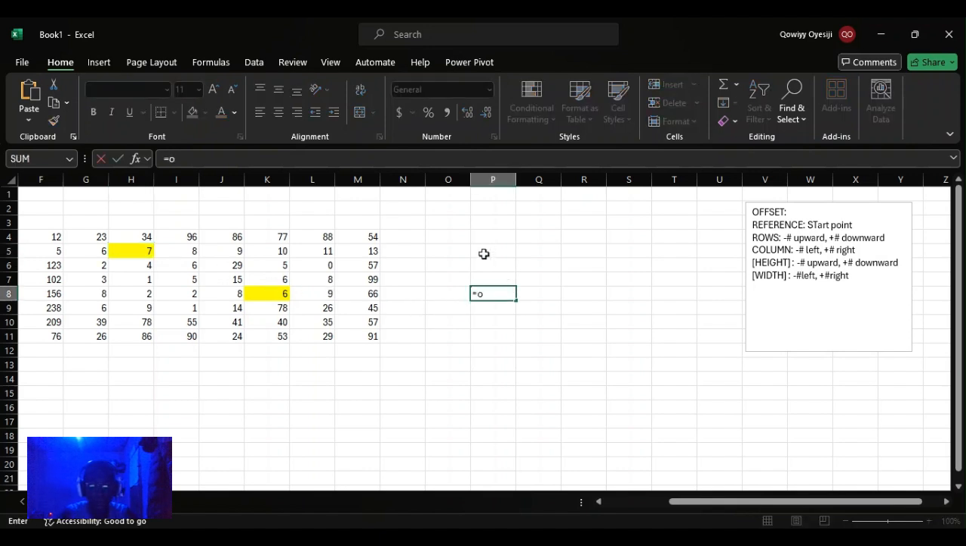Equals offset. What is my reference? Then I will say comma. What are my rows? I'm moving up to this particular row, so it will be 1, 2, 3. So I'll be moving